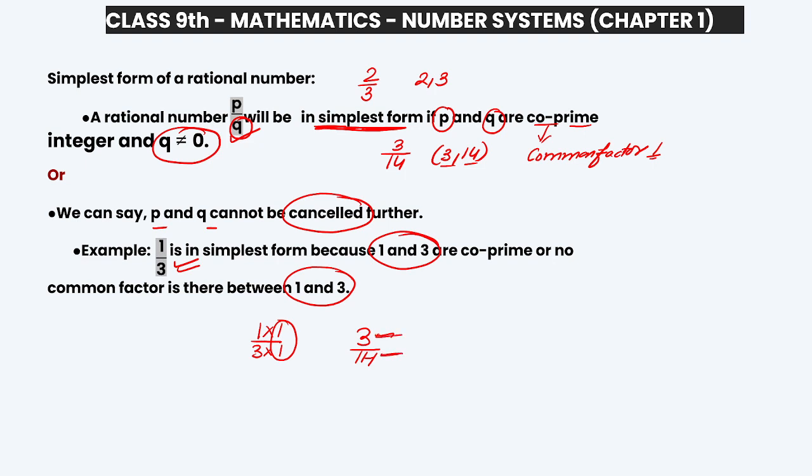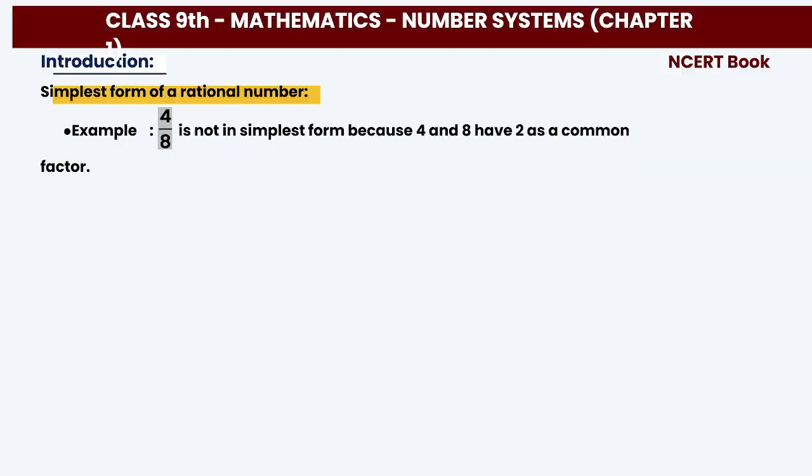इसका भी फैक्टर क्या बनेगा? 1 ही बनेगा. ठीक है, जो दोनों में कॉमन होगा. So that's why these numbers are co-prime. We call them rational numbers. Now